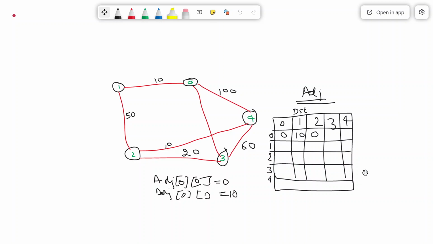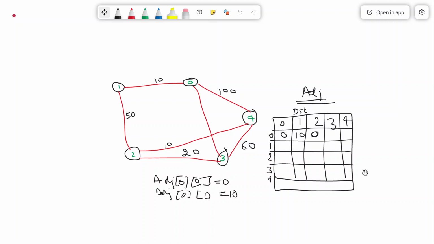One may object, sir, why am I filling 0, because this may indicate that there is no distance between 0 and 2, that they are very close. But it is not that way. How it is going to be used, that also I will justify. But as of now, just consider that if there is no link, I will fill it with 0.